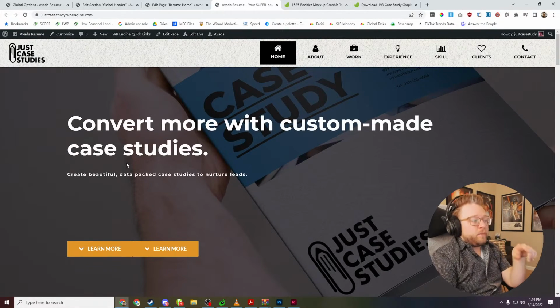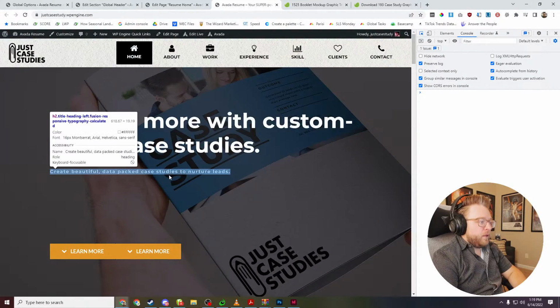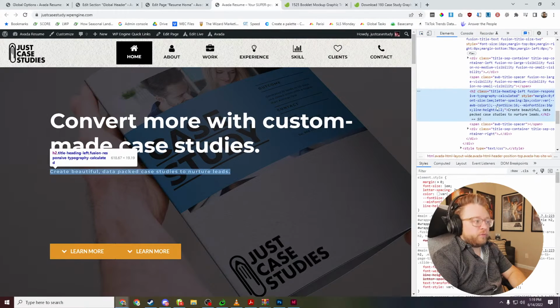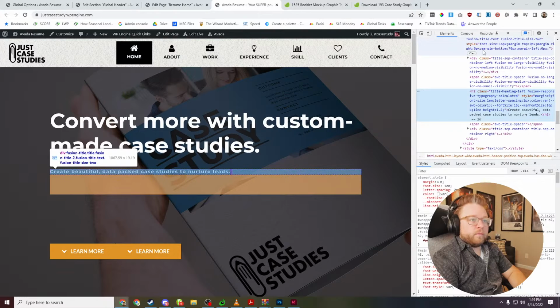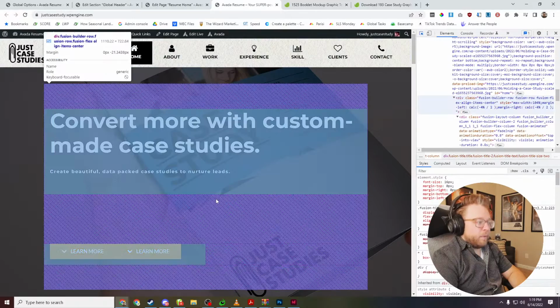Okay, that's pretty good, but we have way too much space here. So let's use our inspector and figure out where the space is coming from. And you can see there's some kind of major... there it is. This title has a lot of margin on the bottom of it. Okay, and then on top of that,